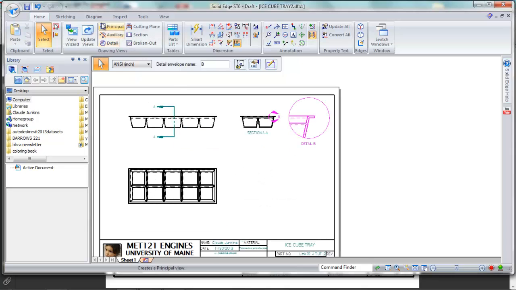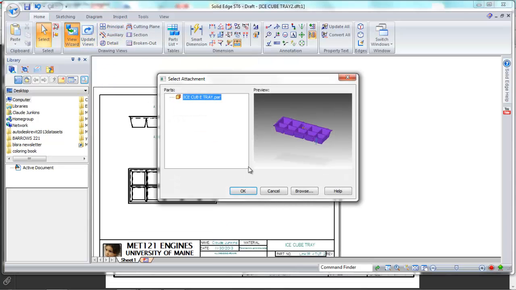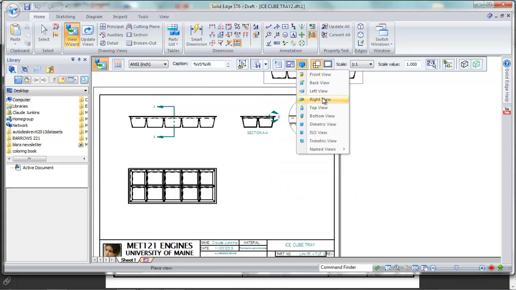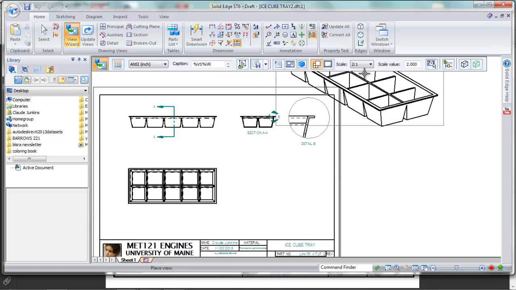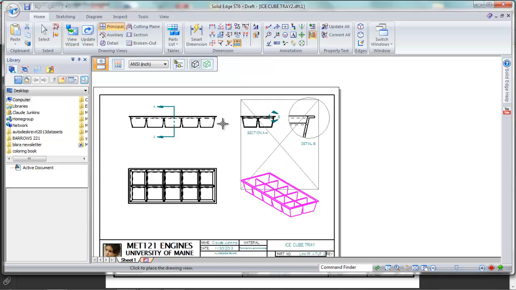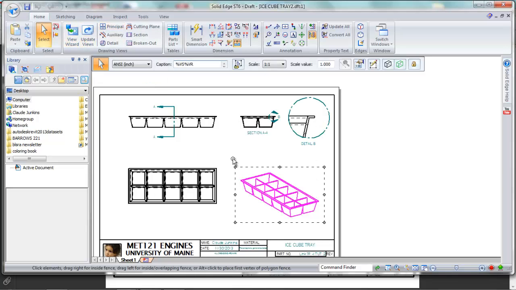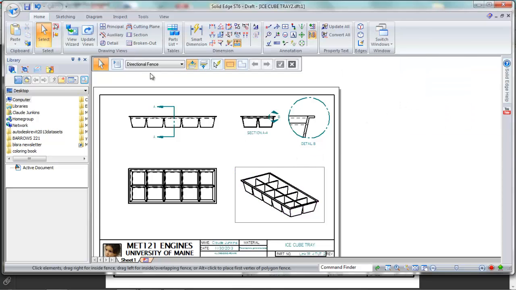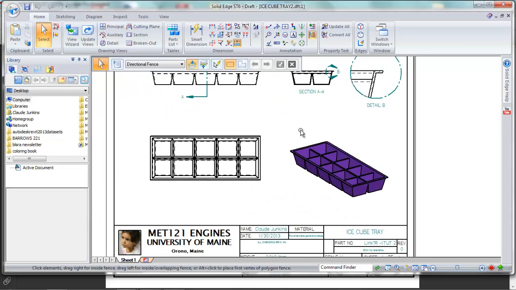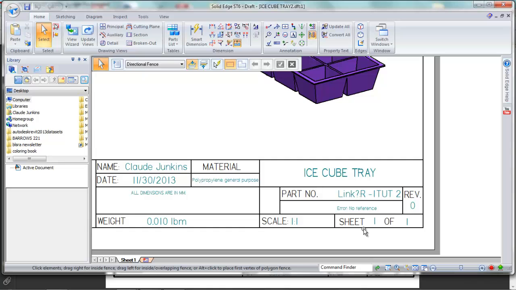And then we can also bring in from our view wizard, I'm in 6, so I'm going to bring in a trimetric view at 1:1. Place it right there, and we're going to bring it shaded with edges. And again, we have to update the view so we can see the whole piece. So you can see down here